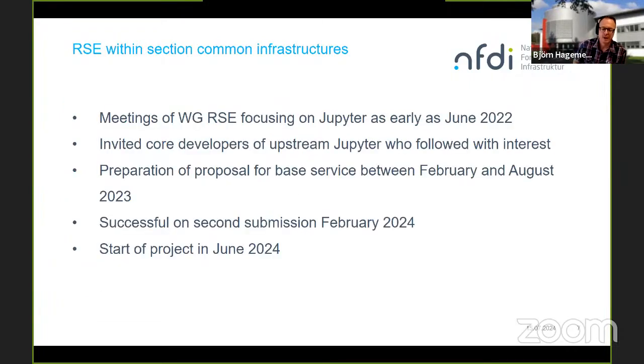So, the relation to the NFDI section, common infrastructures. The working group Research Software Engineering started meeting as early as June 2022. There may have been earlier meetings, but this has been as early as we were involved. So there were regular meetings about Jupyter and what one could do, about the developments regarding the opportunity to get basic services funded. We also had meetings where we invited core developers of the upstream Jupyter, so the Jupyter guys